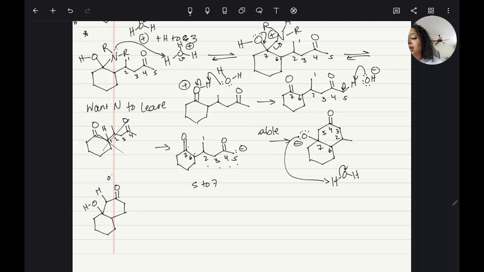So it's basically like an E2 that we learned in the first semester. And the driving force, because OHs are not good leaving groups, is that alpha beta unsaturated carbonyl. Now I can do all sorts of other things with this alpha beta unsaturated carbonyl as we learned before, but that's kind of what's going on. All right,